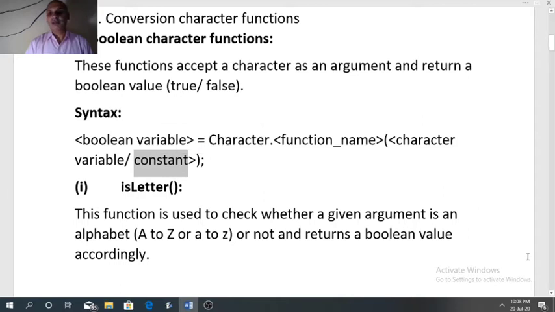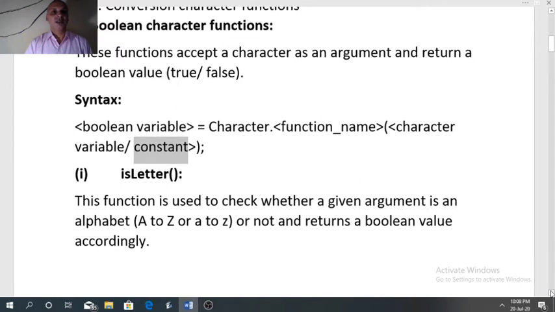Before starting with the Boolean character functions, let me ask you one thing. In English grammar, whenever a sentence starts with is, like if I ask you, is it a pencil?